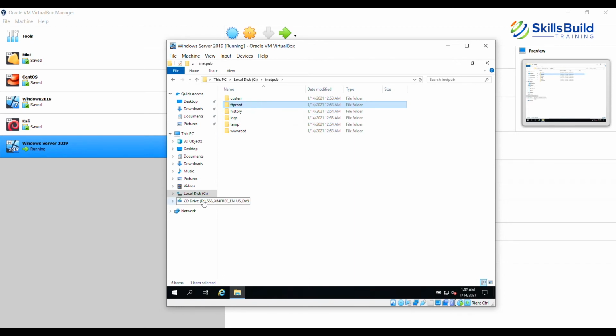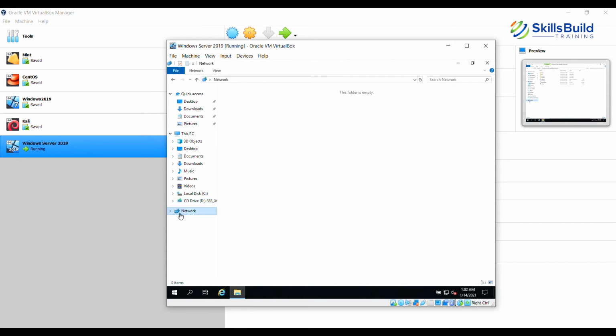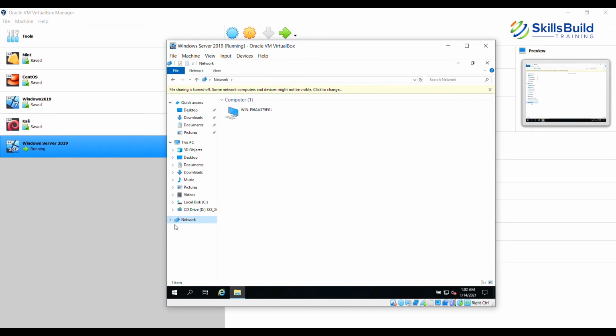Now we also had mapped our DVD or the ISO file to install Windows Server. So this by default gets mapped onto the CD drive, D colon, which is the D drive. And then of course we have the network. Currently we are not having any other system, so the only system you will see is your own system.